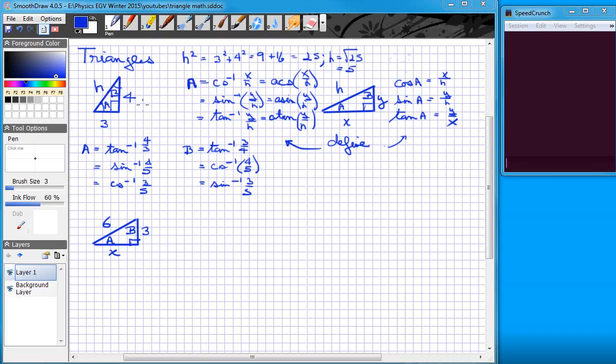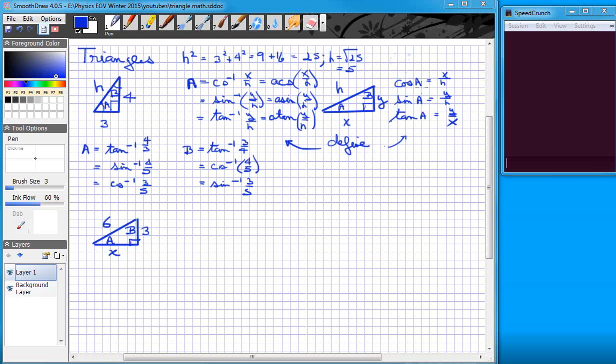The next thing to think about is to discuss how we get the angles in this triangle. And so to do that, we're going to define 3 trigonometric functions, and it's going to revolve around this triangle that I've drawn right here. It has horizontal side x, which we'll call the adjacent side, vertical side y, which I'll call the opposite, and hypotenuse h. And then angle big A and angle big B are the two acute angles in this